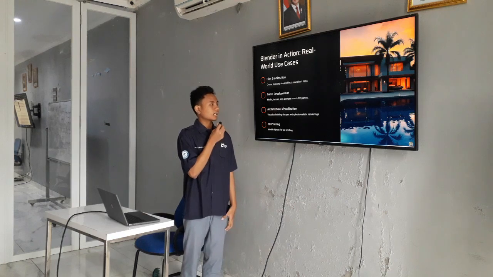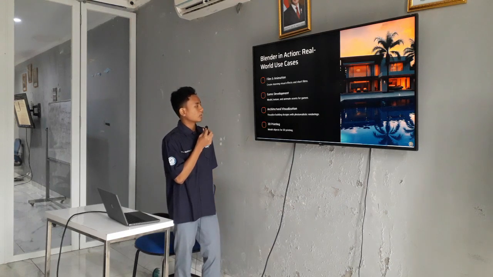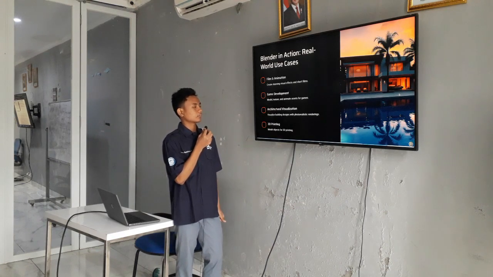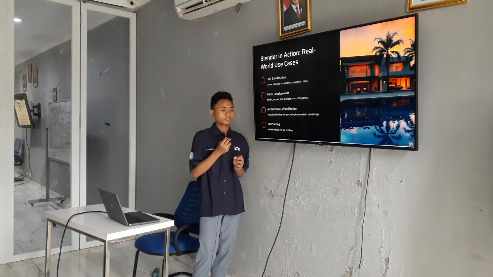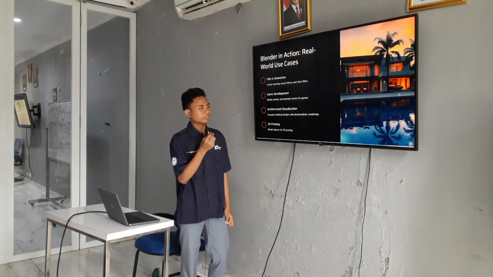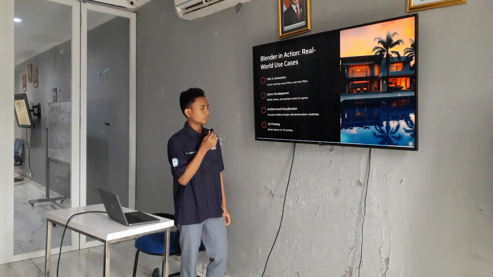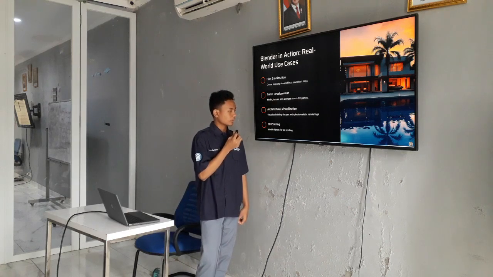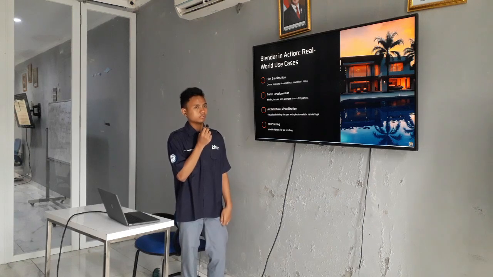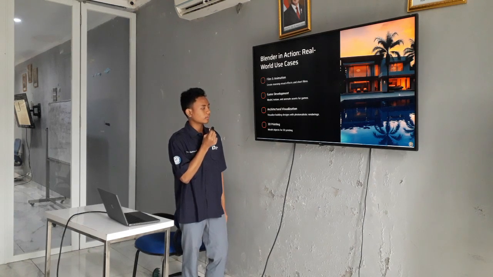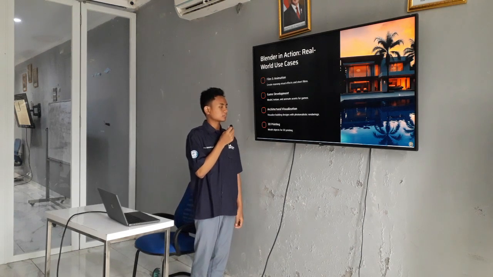And the next is architectural visualization, like visualize building designs with photorealistic renderings. So if you want to make a building, you can make it first in Blender for the blueprint or viewport. And the last is 3D printing. 3D printing is for maybe an action figure and others, like model objects for 3D printing.